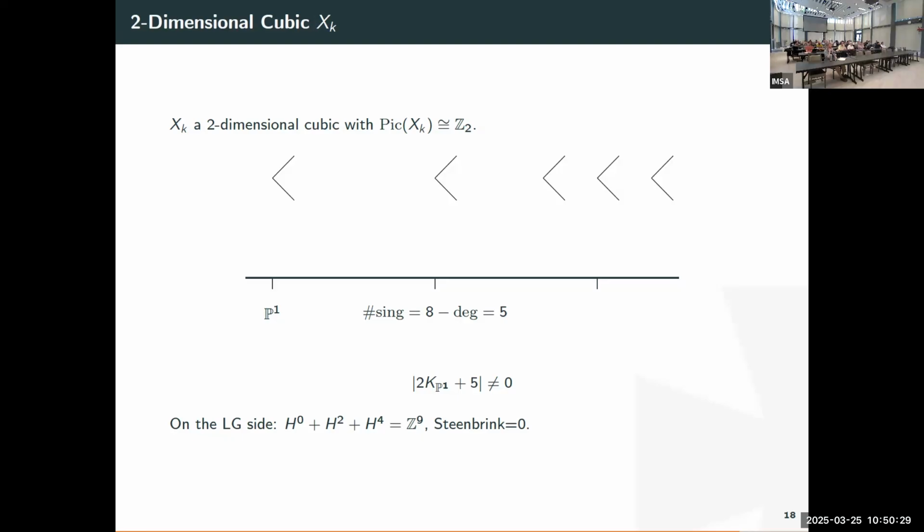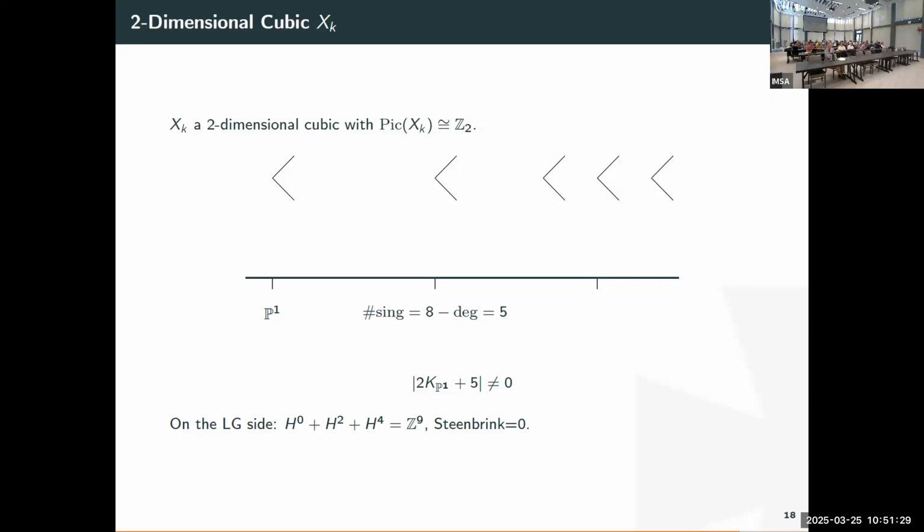But if you change the field, the Picard group of this two-dimensional cubic over the field K is Z plus Z. So if you change the field from the complex numbers to some other field such that this cubic has Picard group equal to Z plus Z, then that cubic, as Manin shows in his publication from years ago, is not going to be rational, and so he introduces the notorious these days criteria,